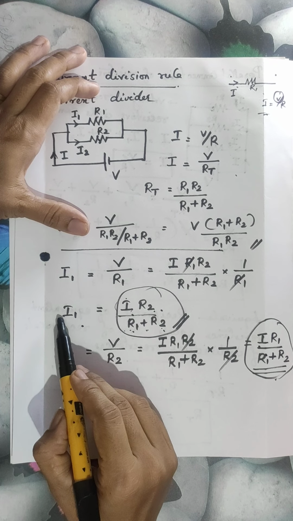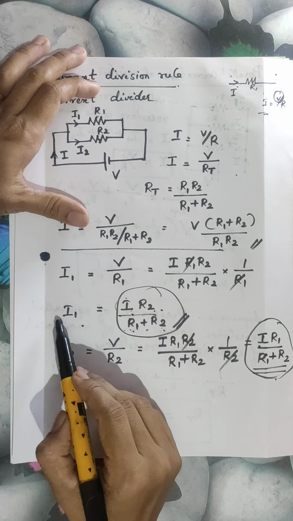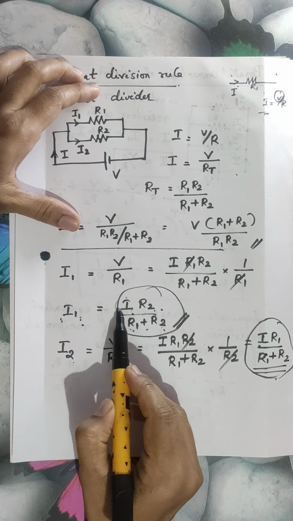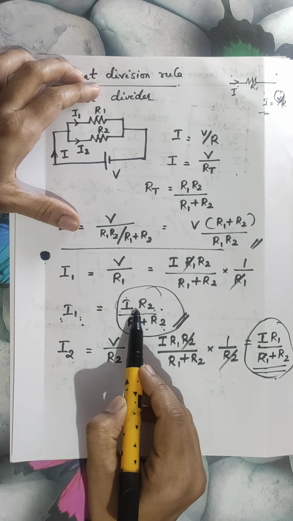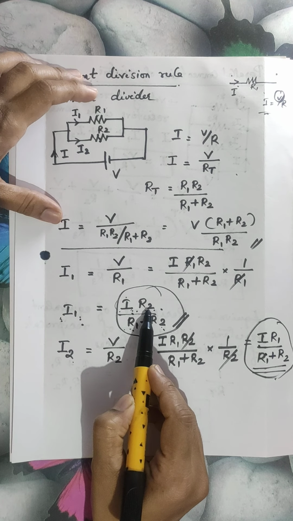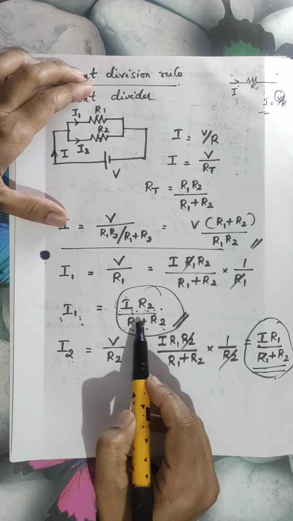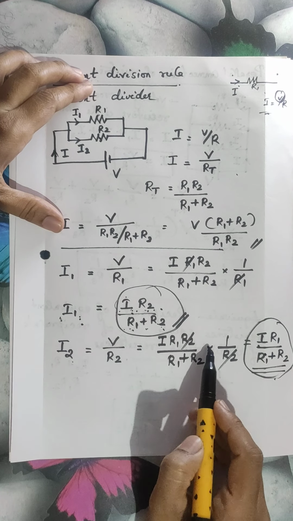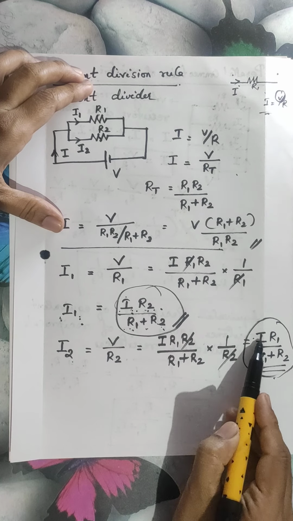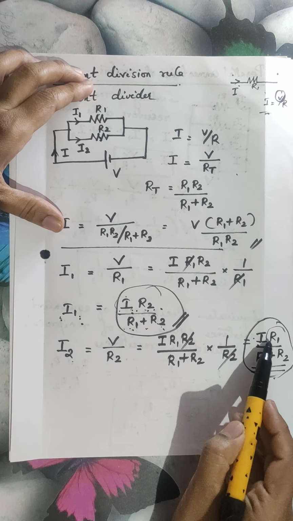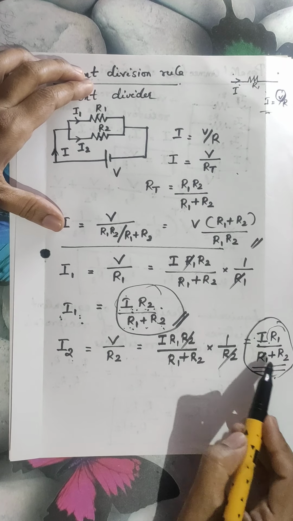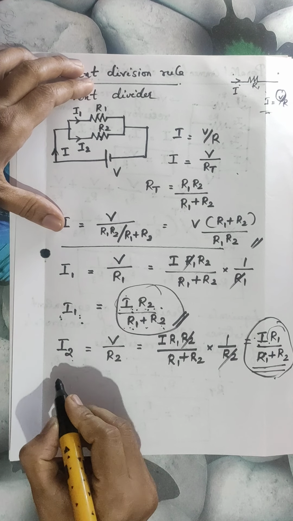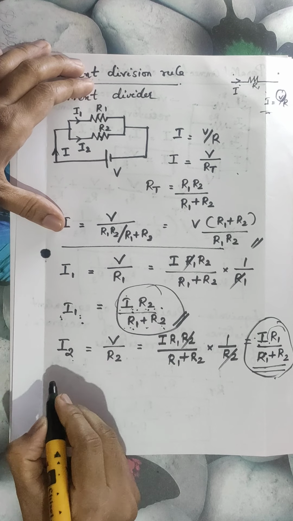Okay, when we calculate the value of I1, we'll take the total current into the resistance of the opposite branch, that is R2, divided by sum of all the resistances. Similarly, while calculating I2, we are taking total current into the opposite branch resistance, that is R1, divided by sum of resistances. So we can generalize the current division rule equation as